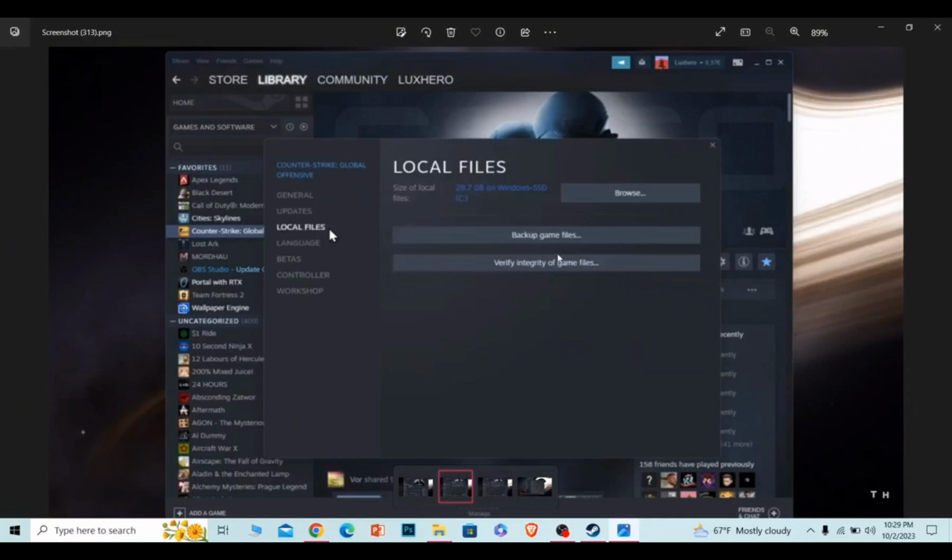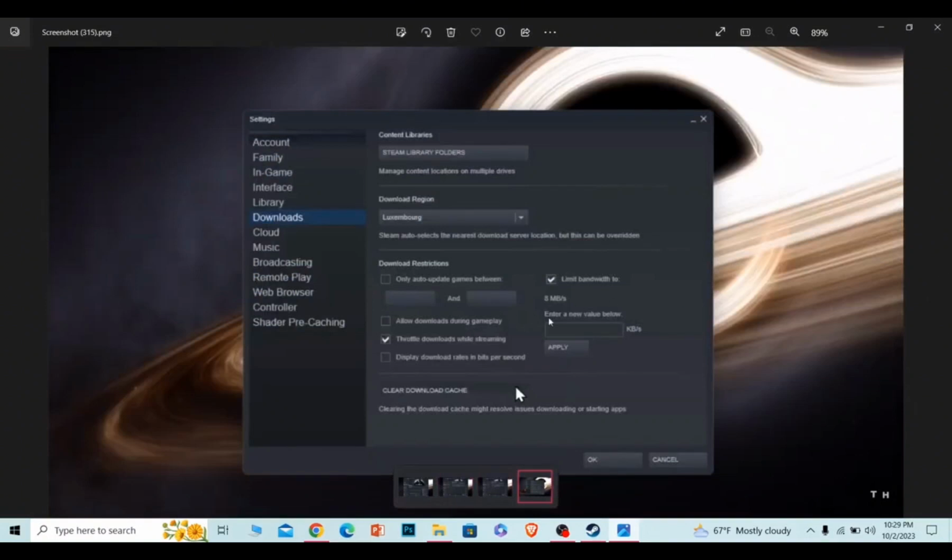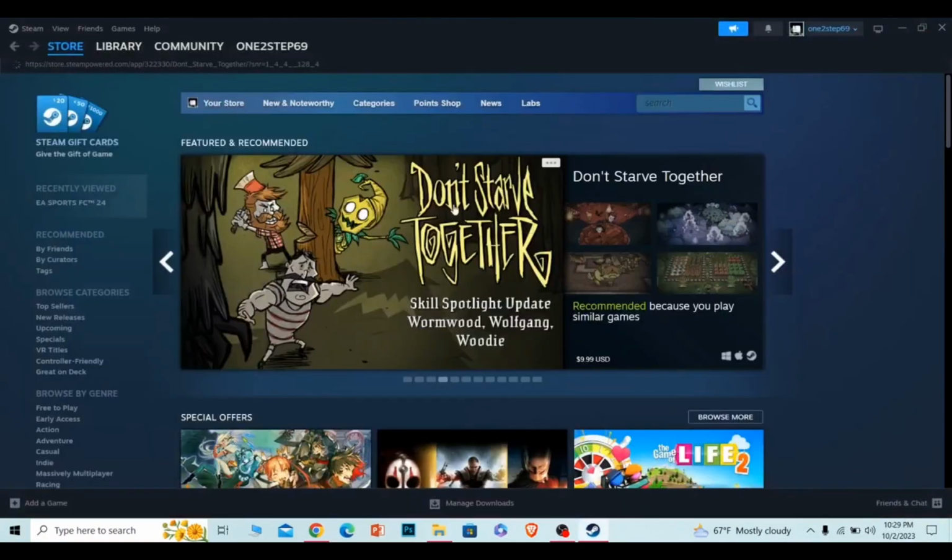Once you do that, it's going to check all the game files which you have to see if you have any game files missing or not. And once this is complete, you'll see the result. And if it says okay, then you can start playing the game again. But if it says not okay, what you need to do is on your Steam, you want to click on